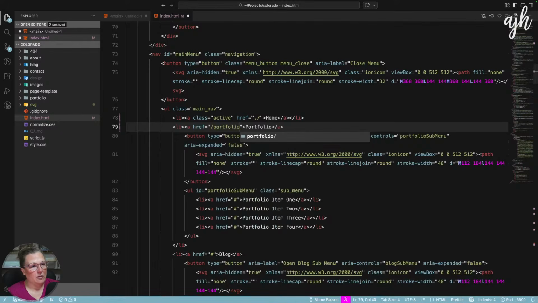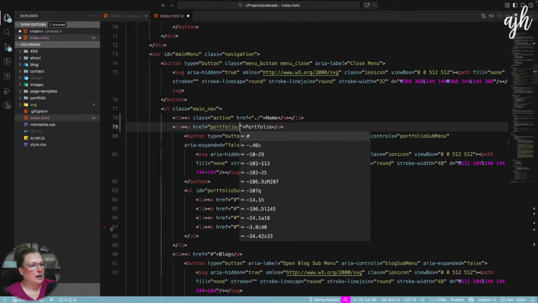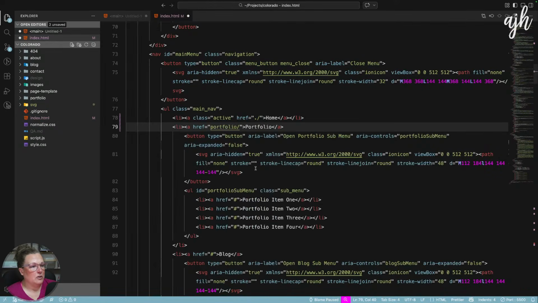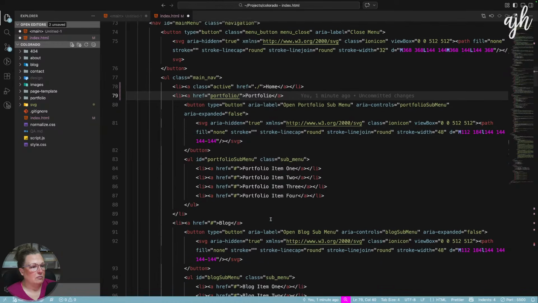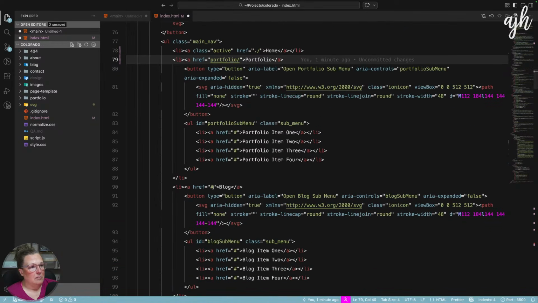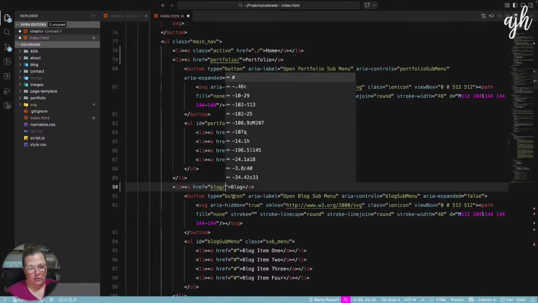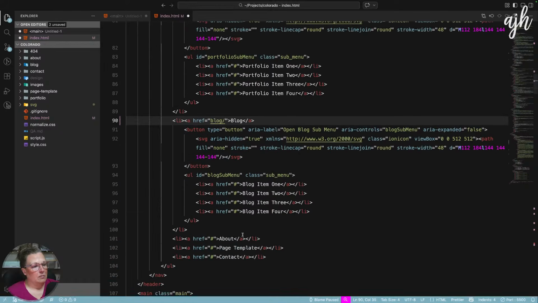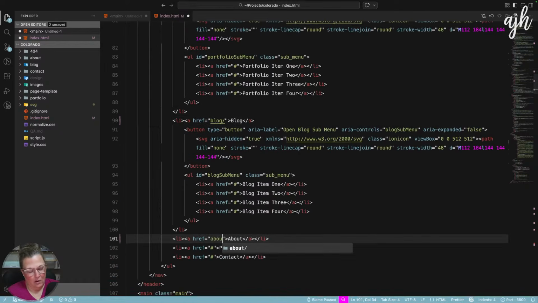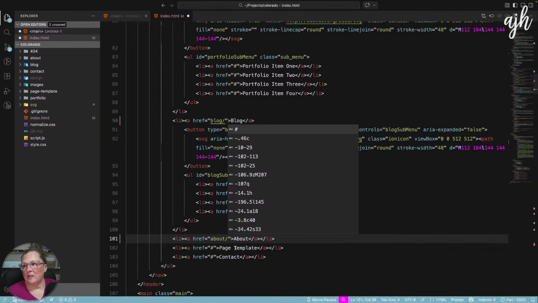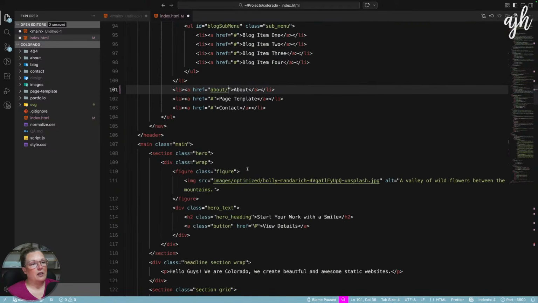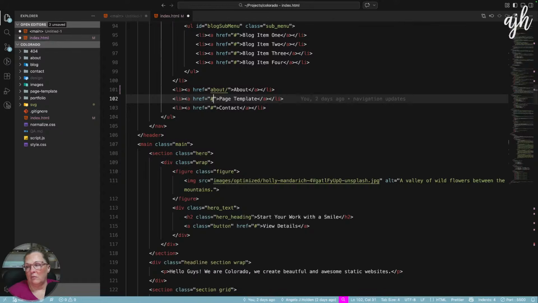I usually leave the slash off the end. Well, should I? I usually, we'll do it that way. Portfolio slash blog slash about slash. It's nice in VS Code that you know you're getting the path right when you're doing, I guess